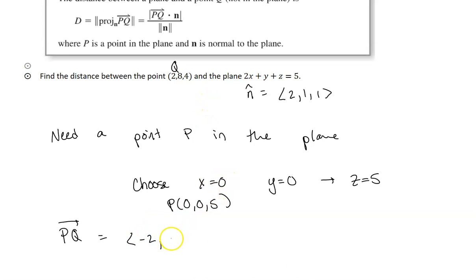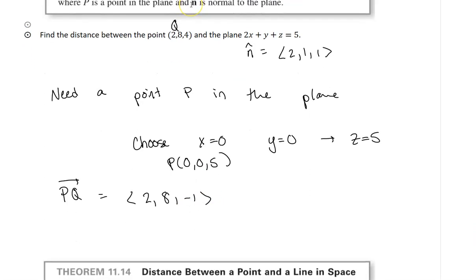0 minus, actually I'm going in the wrong direction here. 2 minus 0, 8 minus 0, and 4 minus 5. It would have worked the other way. It wouldn't have changed anything because of the absolute value. But either way. Okay,